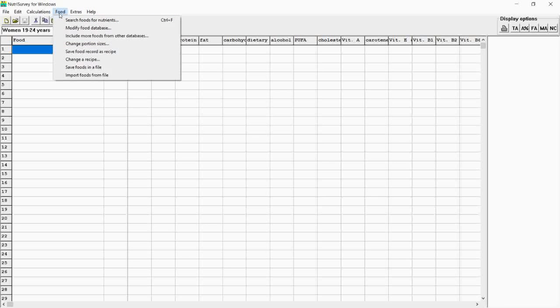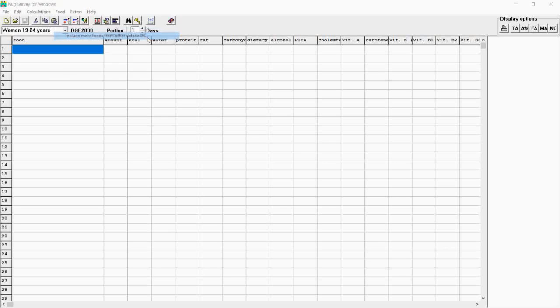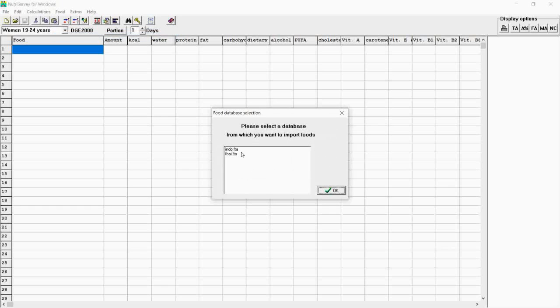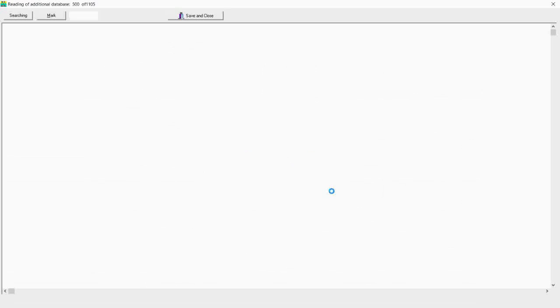You may click food and click include more food from other databases. So if we can see, there are already two types of food database file that we already put inside the NutriSurvey folder. So we click the food database file and then click OK.